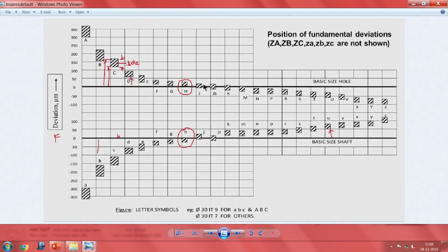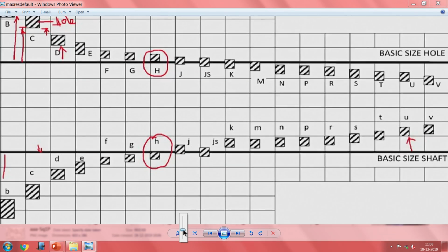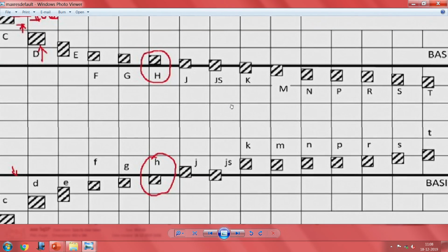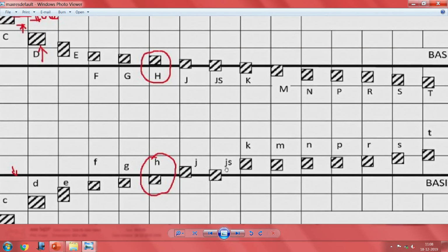These tables have been standardized. Generally, J and JS, especially JS, is most commonly used and preferred, because these are transitional: when you have a nominal dimension, most of our things can fall on both sides of it.